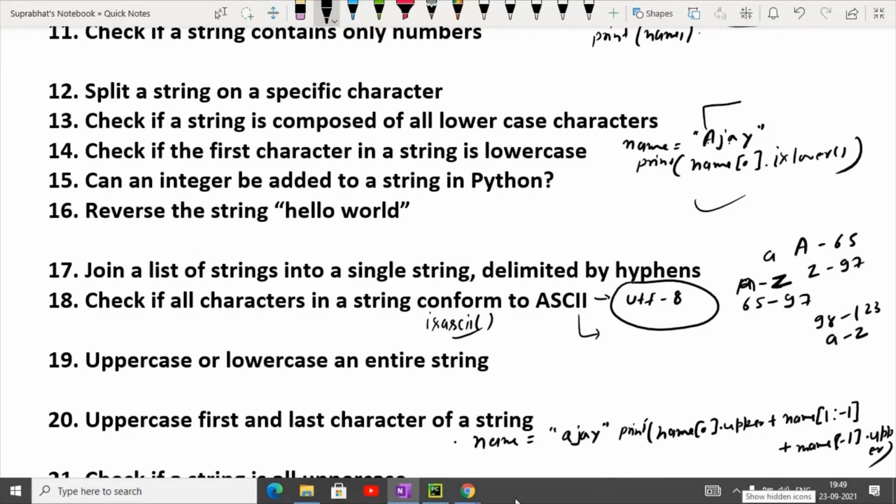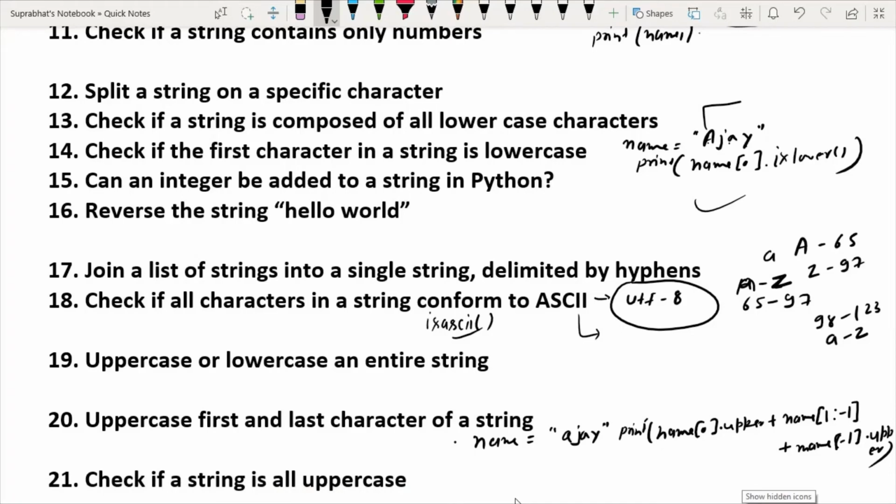So it will uppercase the first and last character of a string.